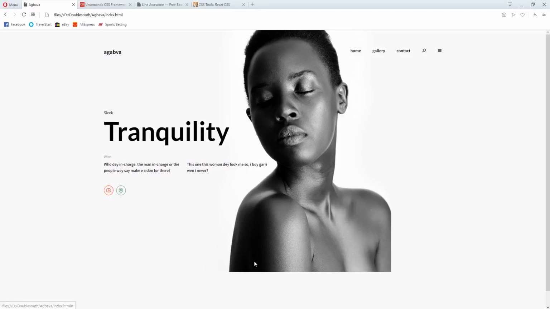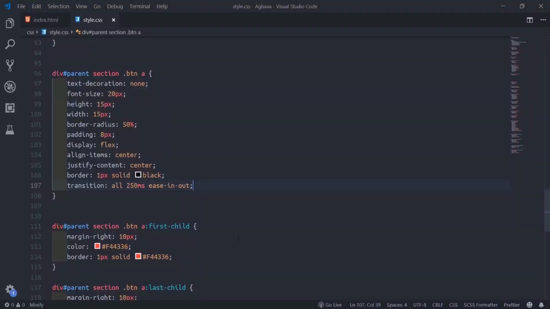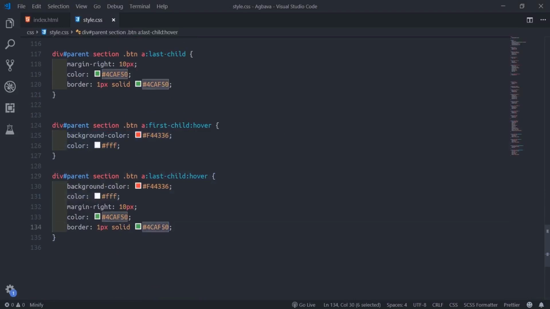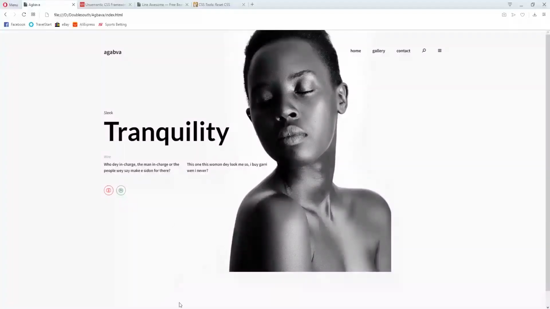So I'm going to do the same for this button also. I'll go to my code. I'll just copy this code here now. Then instead of this color now, I'll do this one. Okay. Delete this one. So refresh. Alright, seriously sweet.